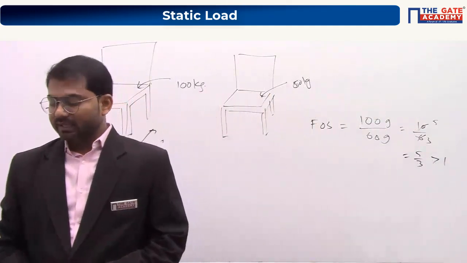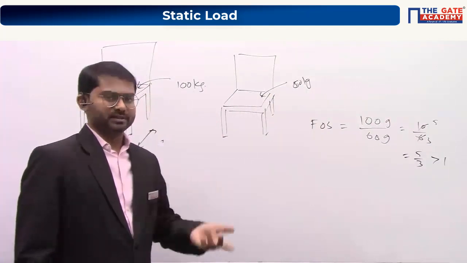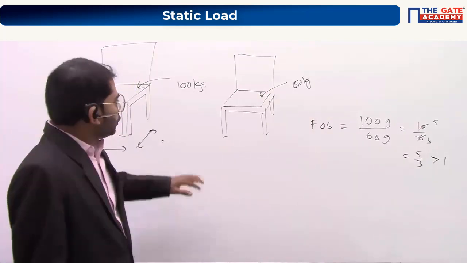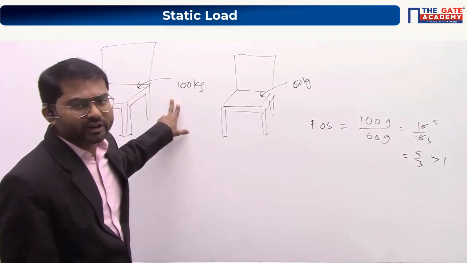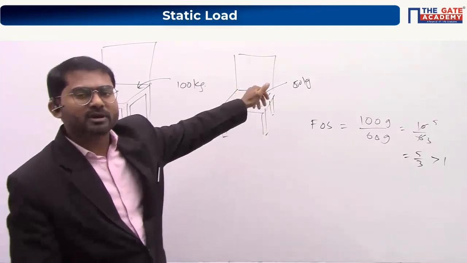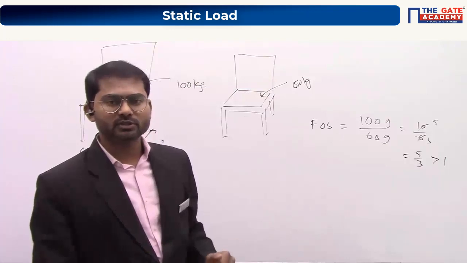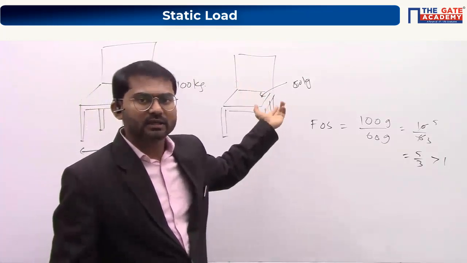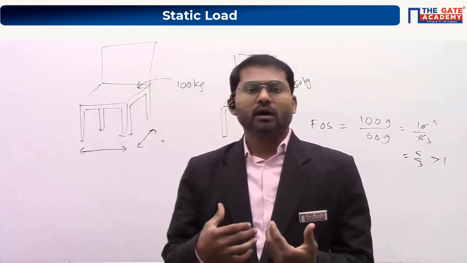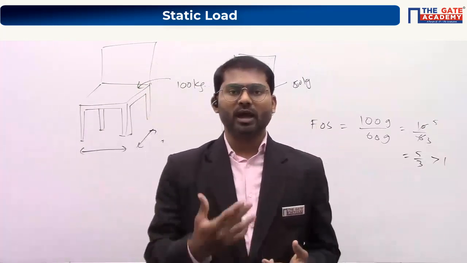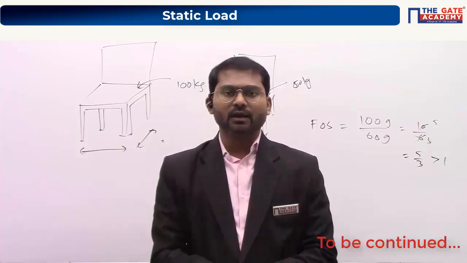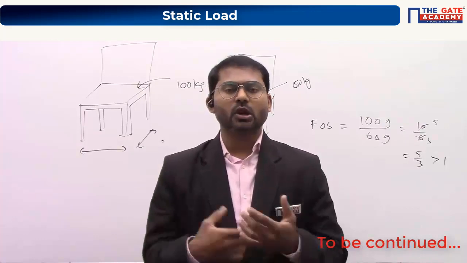Getting factor of safety less than 1 means the chair will break at 100 kilos weight, but you are allowing a 150 kilo person or a 120 kilo person to sit on the chair. The moment he sits, the chair will break and failure will happen. The main objective itself is to keep the material safe, and failure should not happen. So if you are taking wrong steps like this and ending up with failure, you are not reaching your objective.